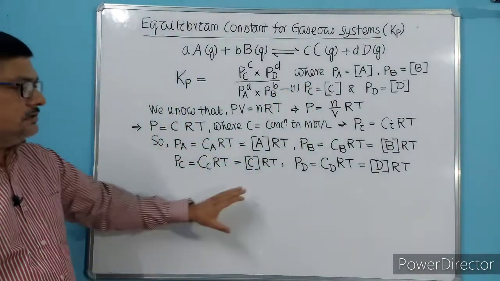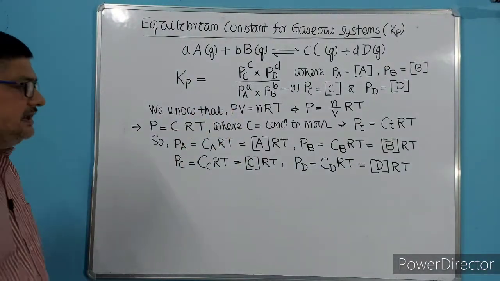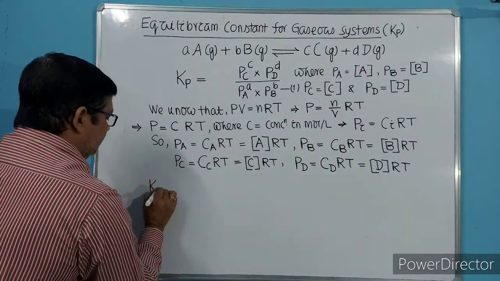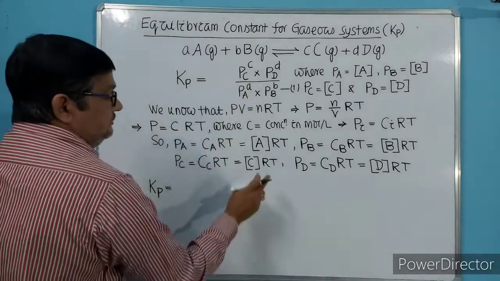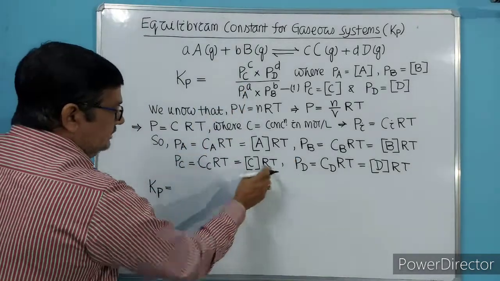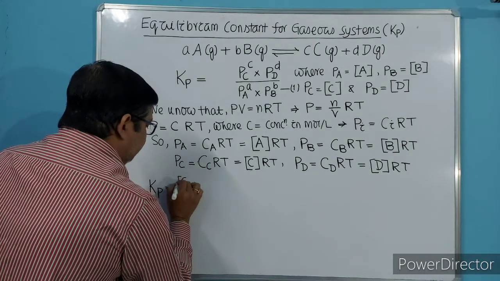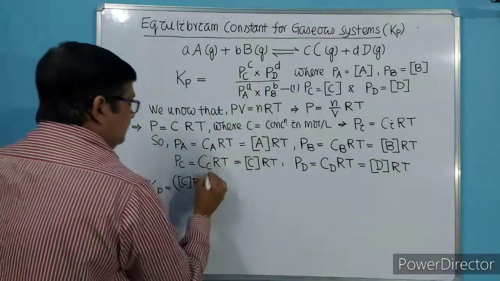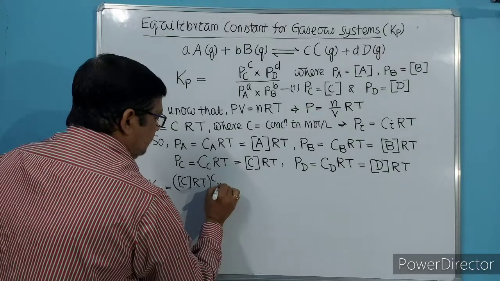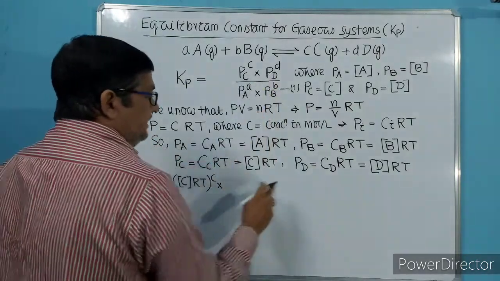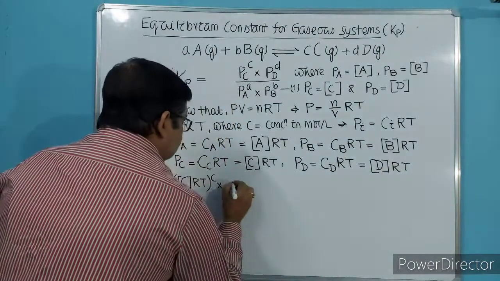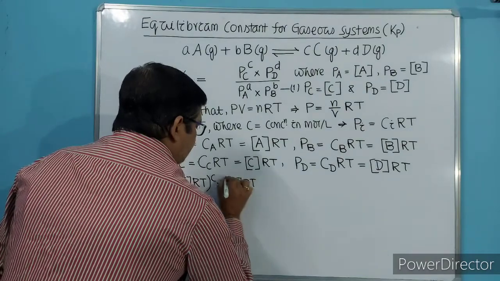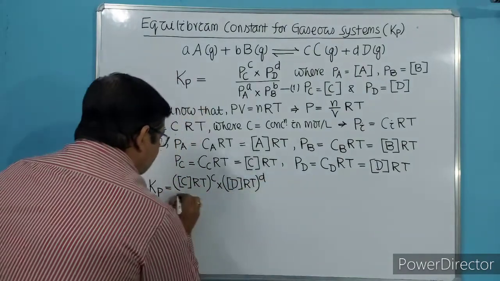The value of Kp. So putting these values in equation 1, what will we get? Now Kp will be equal to PC. PC means concentration of C into RT, so concentration of C into RT to the power C, into PD. PD means concentration of D into RT, so concentration of D into RT to the power D, divided by